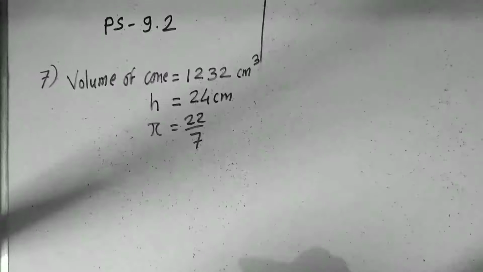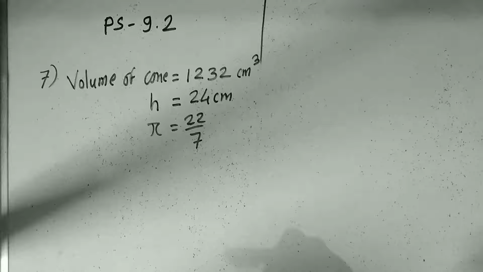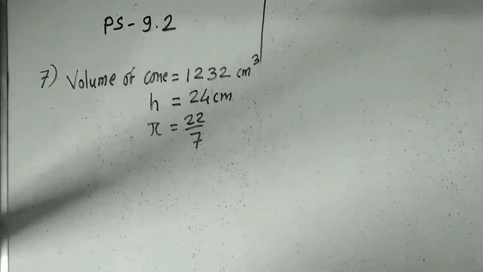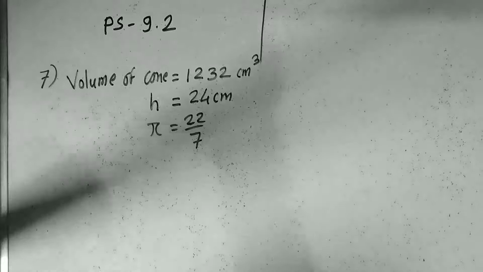Students, what do they ask? Find surface area of cone. Now which surface area do we have to find? There is confusion. Again there is confusion. So students, when this kind of question comes, you have to find the curved surface area as well as the total surface area, because there are many faults in this. So now shall we start? Yes. Remember, when they only write surface area, there is a chance of losing marks. So better you find both the areas. So we are going to find both the areas here.